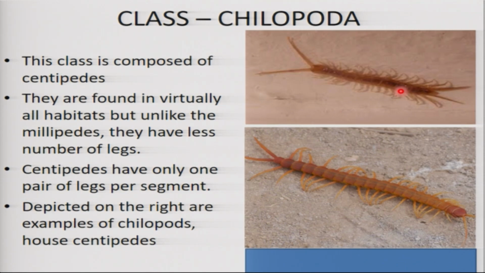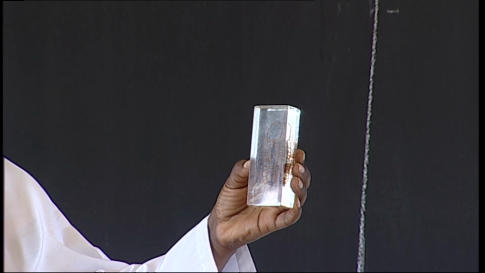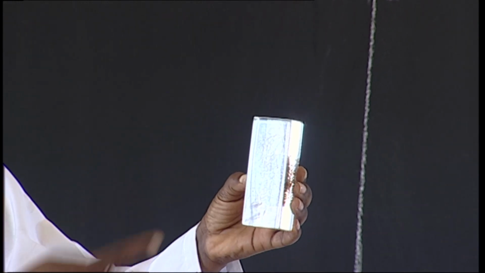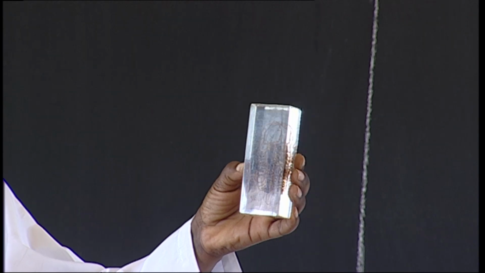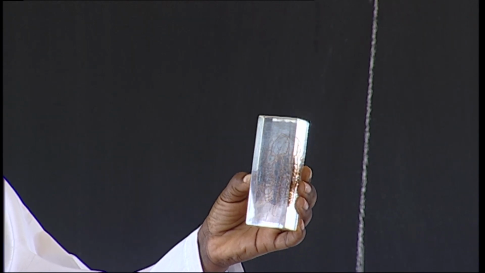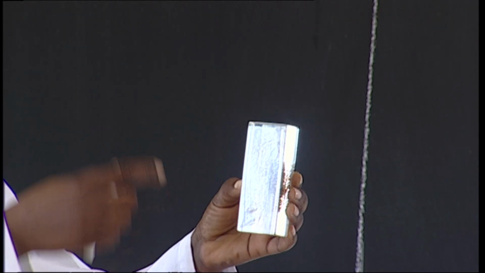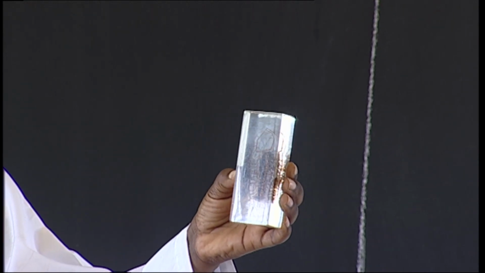I have the same picture here with me. Everybody look here. It is the same as the one you see on the screen, the same as the ones on the board. Can everybody see this? So what are some of the features? Does this animal I'm holding here have features similar to those on the screen? In fact, it's the same thing. What external features do you see that it possesses?